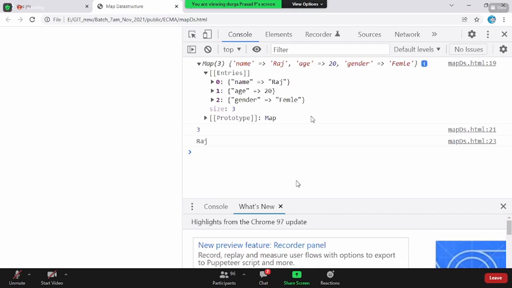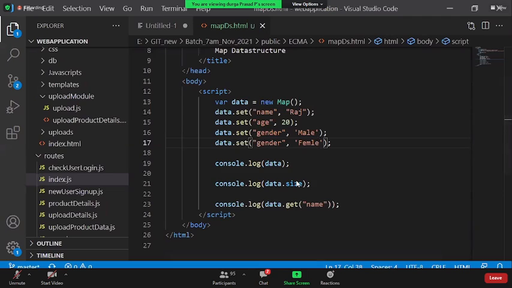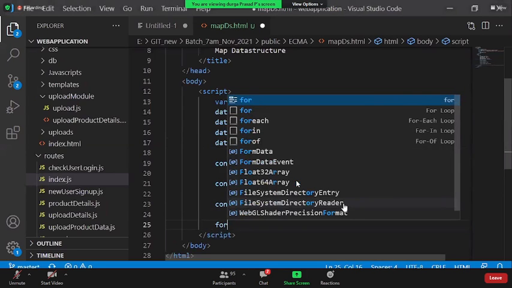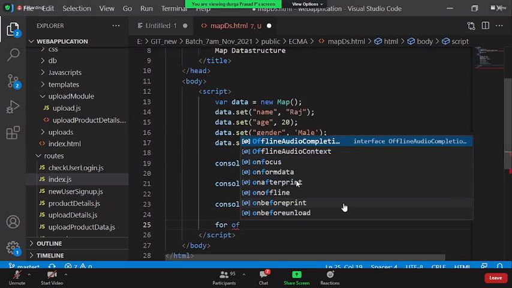Am I clear? Yep. Okay. So this is how you're going to create a map data structure. If you want to iterate over this, again, there is something called as the for of looping control structure. We already saw the for of looping control structure in order to retrieve each and every data from the set data structure.